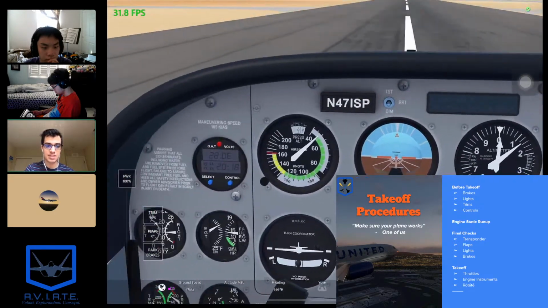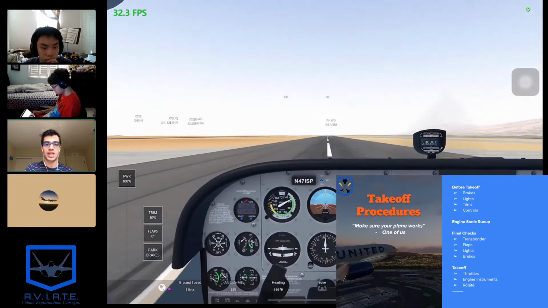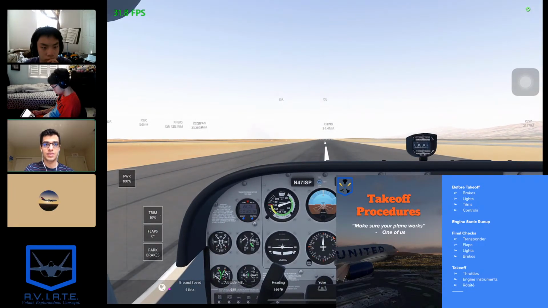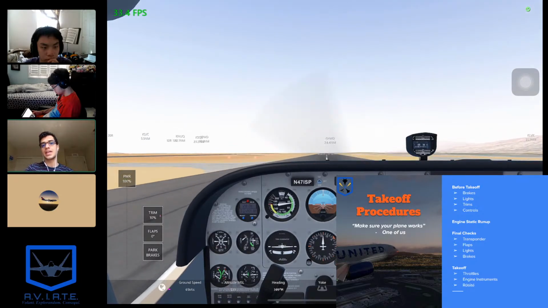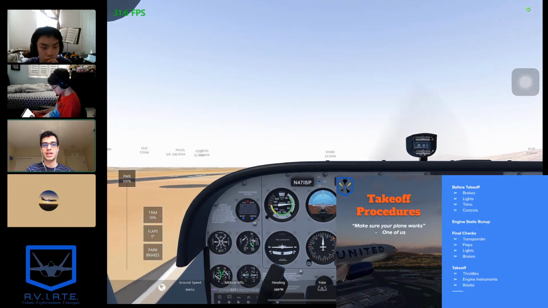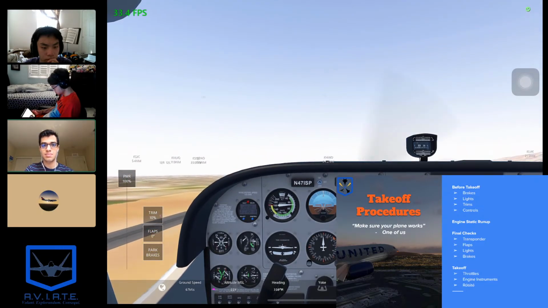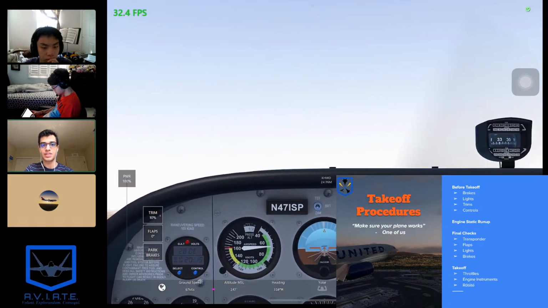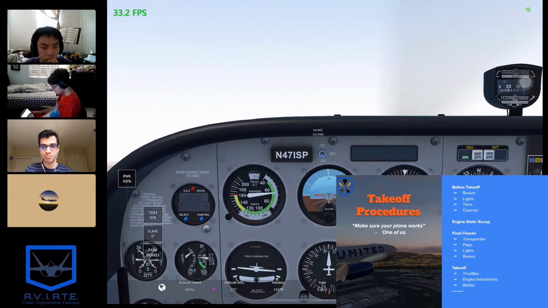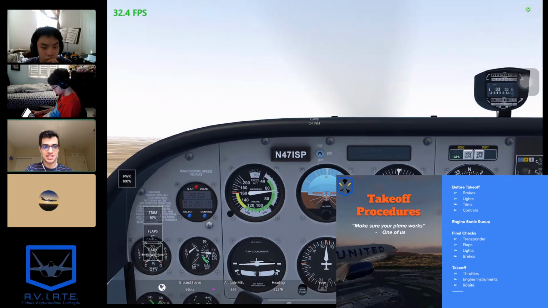So as that happens, you want to really take note of the airspeed and the rotate speed, which is the speed at which you pull the yoke up and start climbing. The rotate speed in a Cessna is 55 knots. So as you notice the speed reach 55 knots, you can gently pull up on the yoke, and Steven's up,